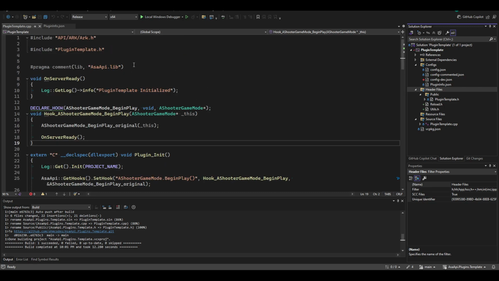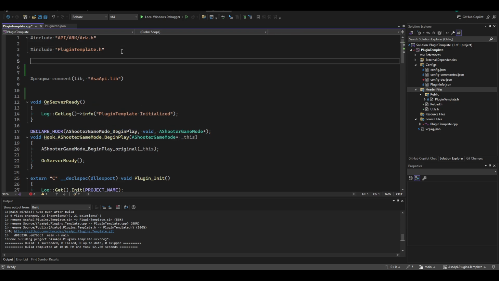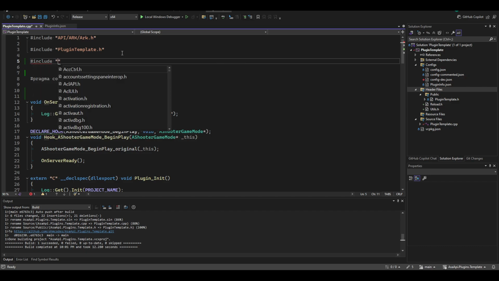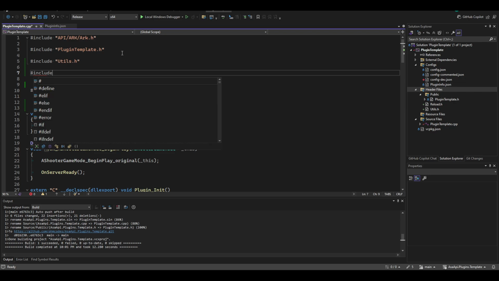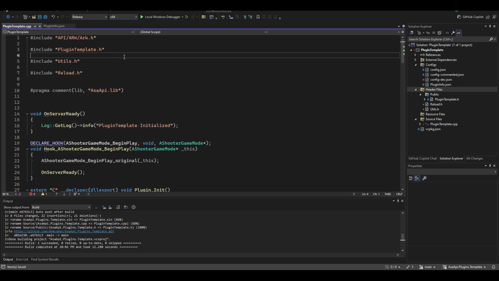So here include utils.h, and then include reload.h. I forgot something. We need to put